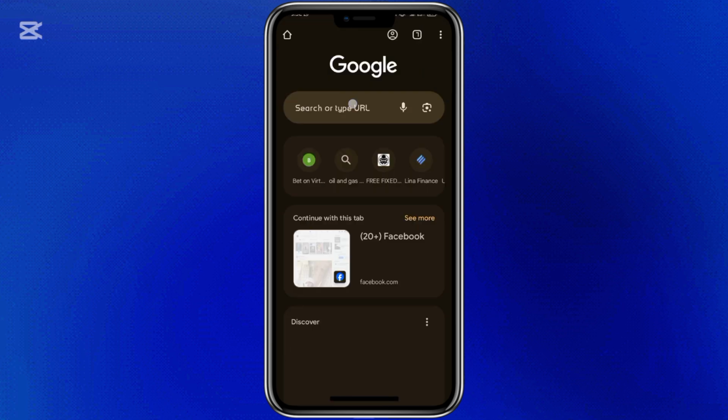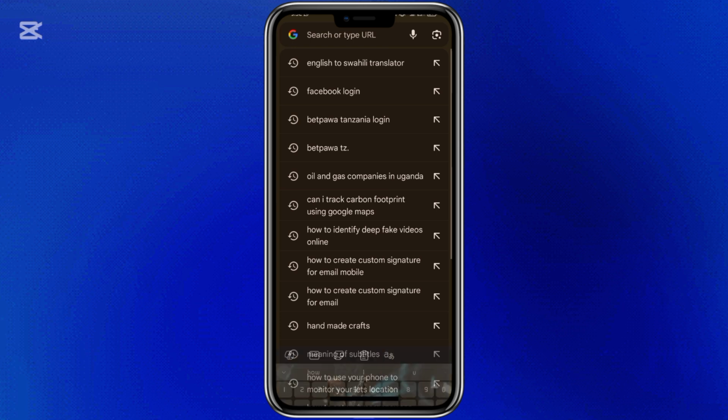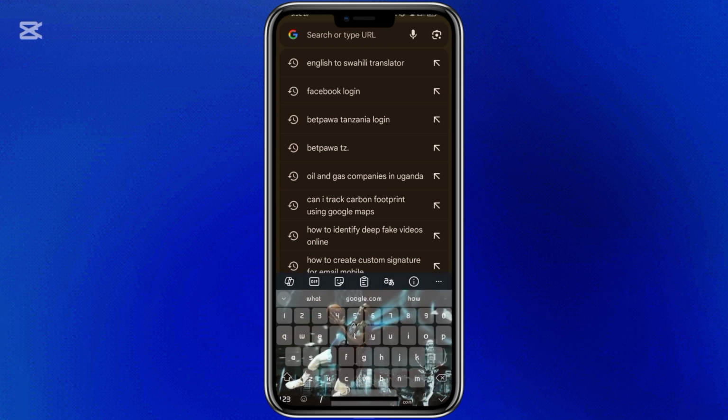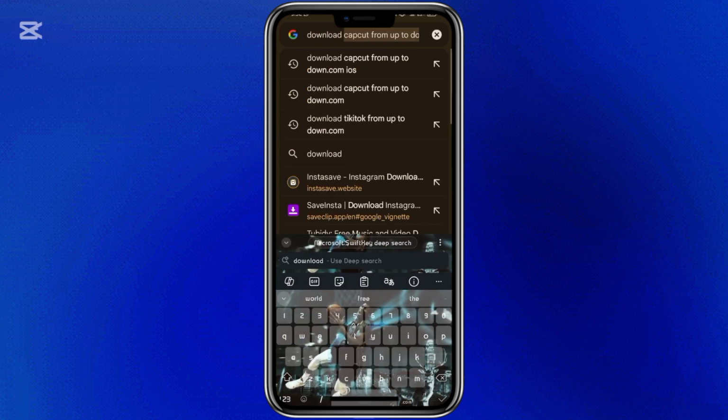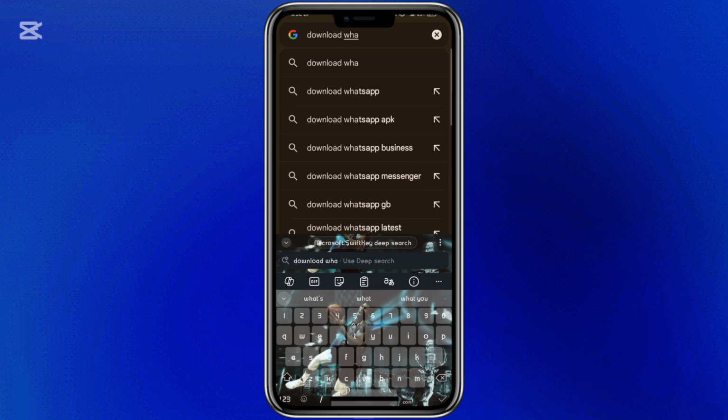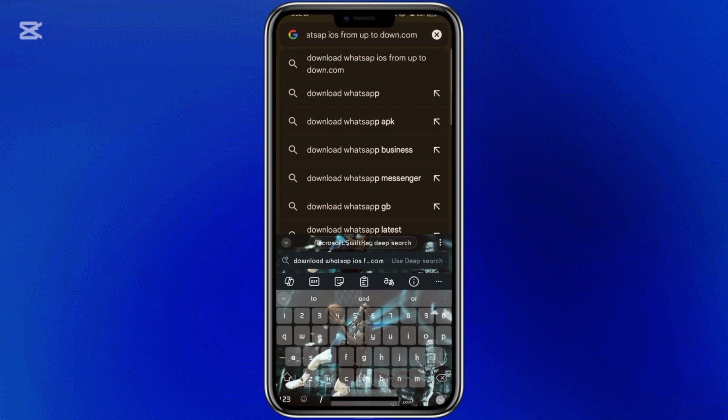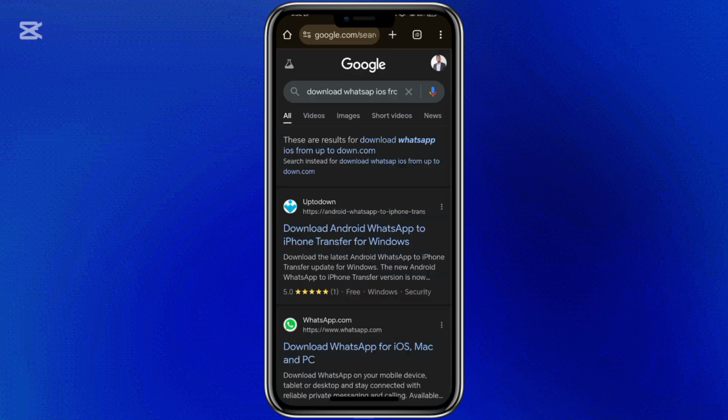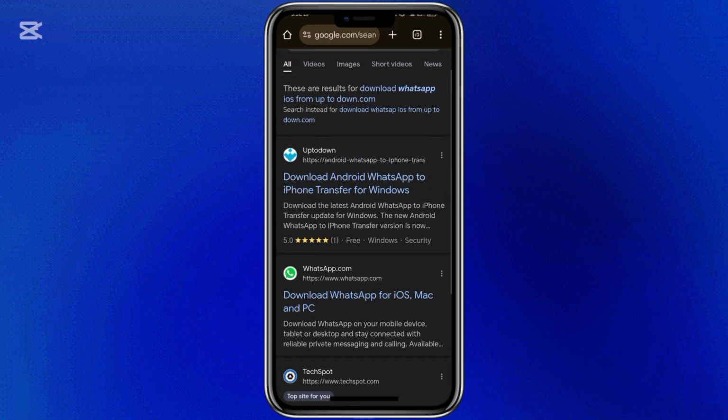So quickly I'll open up my Chrome browser, and then once I open up my Chrome browser, I'll come to the search bar here, and then I'll search for the following. I'll search download WhatsApp iOS from uptodown.com. So for those who don't know, uptodown.com is a very good website that you can use to